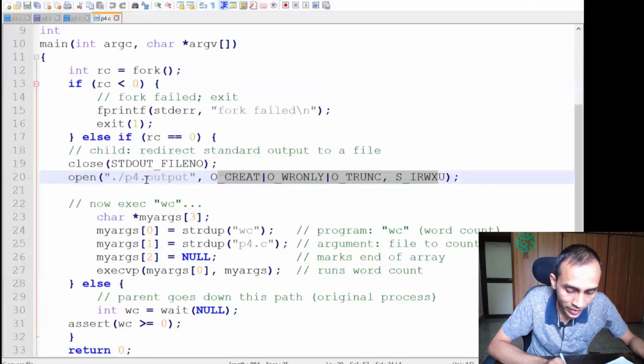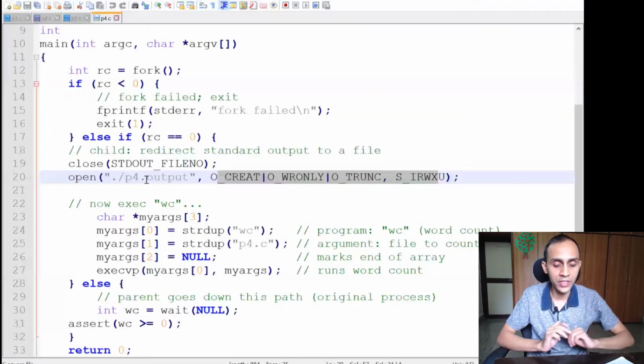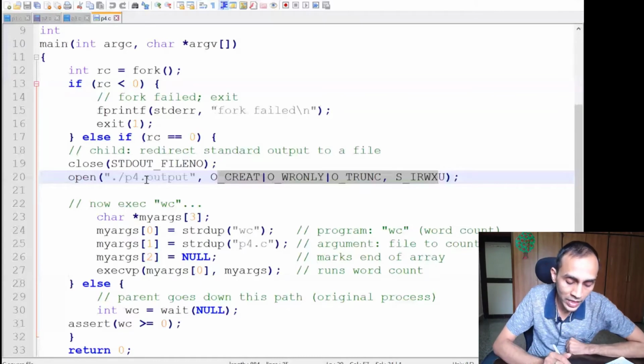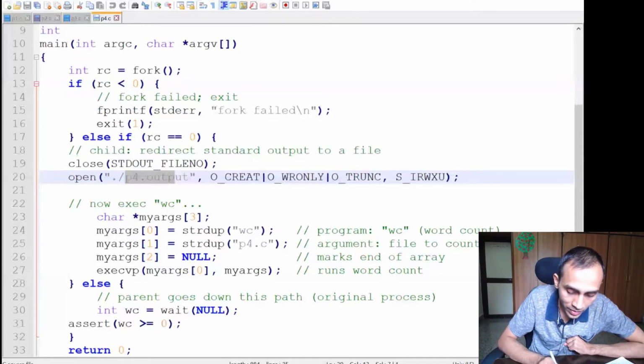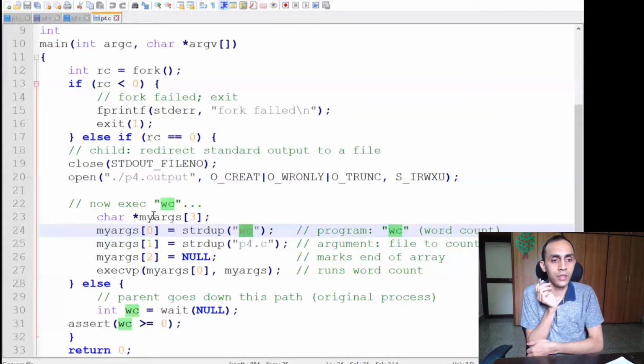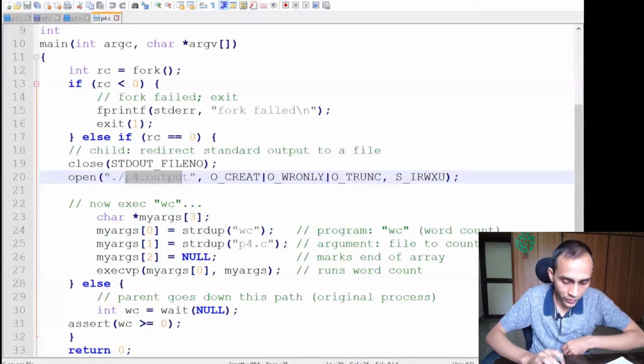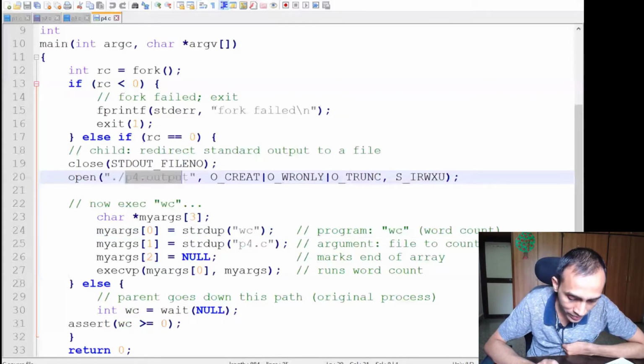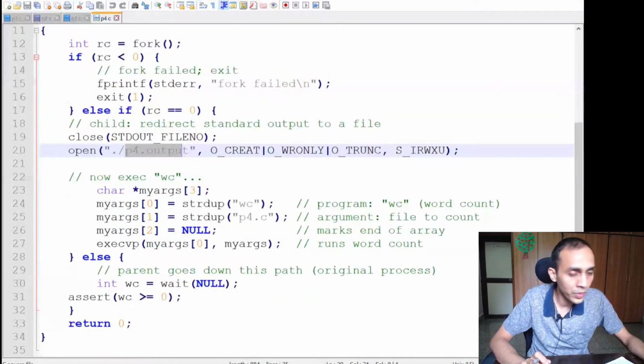So by doing this, we have changed the environment of this program. Now the standard output of this program which is going to run will be this output file rather than the monitor. So when this program runs, whatever output it's producing, instead of getting displayed on the monitor, it is getting redirected to this log file, isn't it? So that is what is happening, and I hope this should be clear to anybody. If anybody wants to ask anything, please ask.